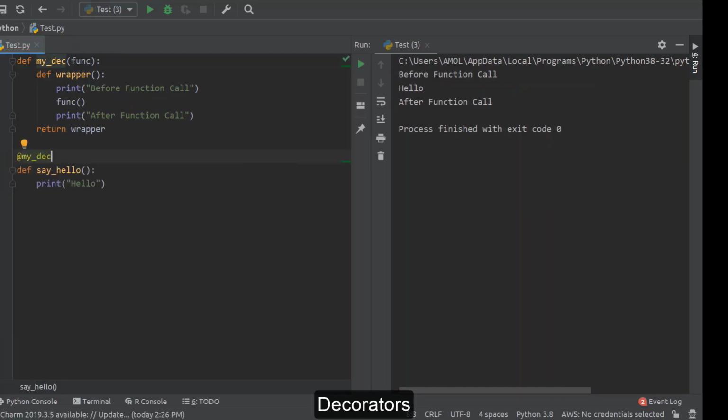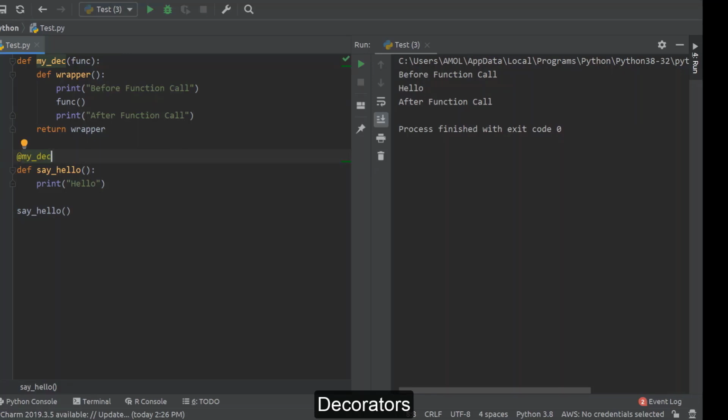Above the say_hello function, use the @ symbol and write the name of the decorator, my_dec. What will happen because of this? When we call the say_hello function, it will always come with the decorator, because we suggested it by writing the @ symbol and the name of the decorator.